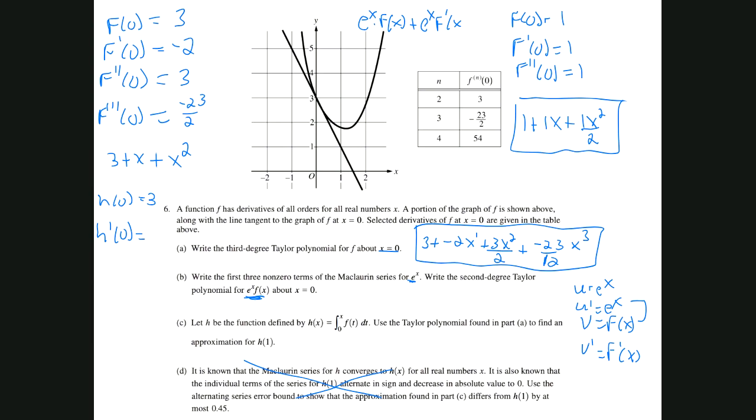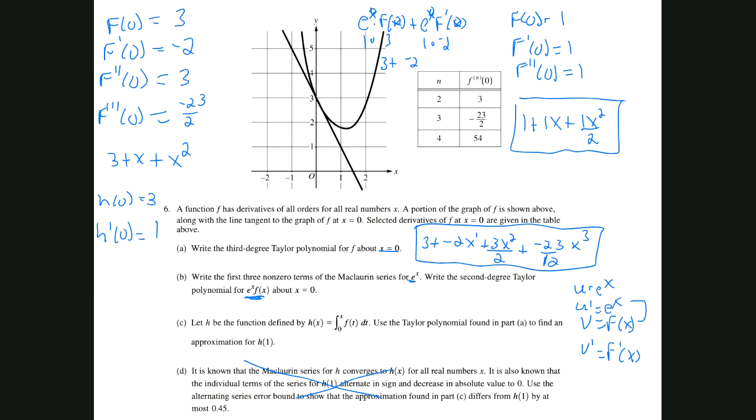So if I put a 0 everywhere, e to the 0 is 1, f of 0 is 3, so this gives me 3 here, plus e to the 0, that's 1 again, and then f prime of 0, well, over here we know that's -2. So that's going to be -2. So I've got 3 plus -2, which is 1. So now I know what h prime of 0 is equal to. So I've got my first two terms,